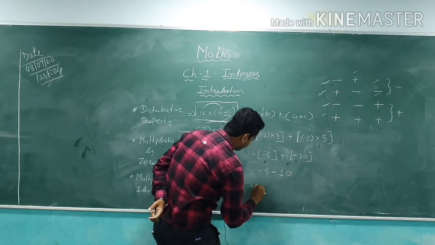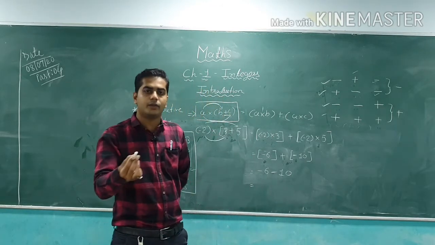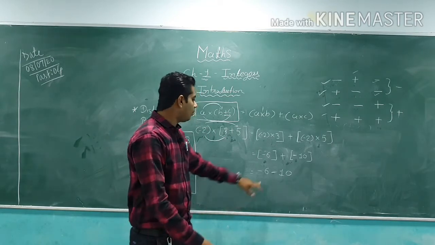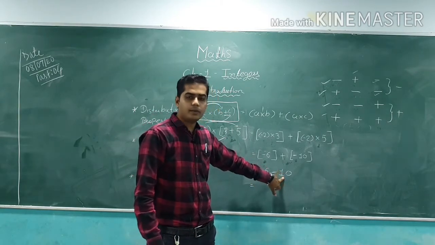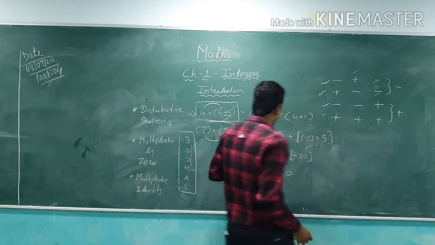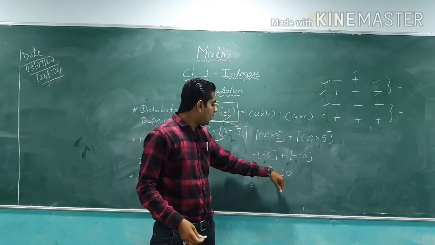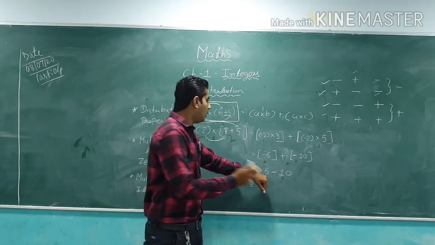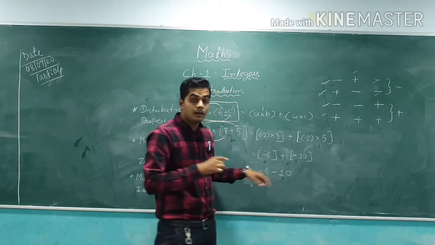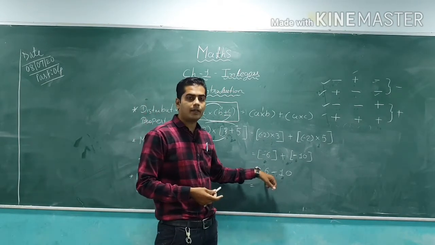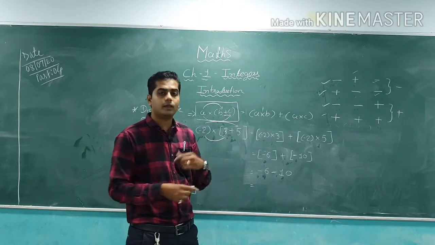Now, as you know, we already learned addition and subtraction of integers. Now we have to do subtraction or addition of integers. For that you know that minus 6 and minus 10, here is not multiplication, here is subtraction. Now if multiplication is there, then the rules will be used differently, but here is subtraction, so we have to use these rules differently.